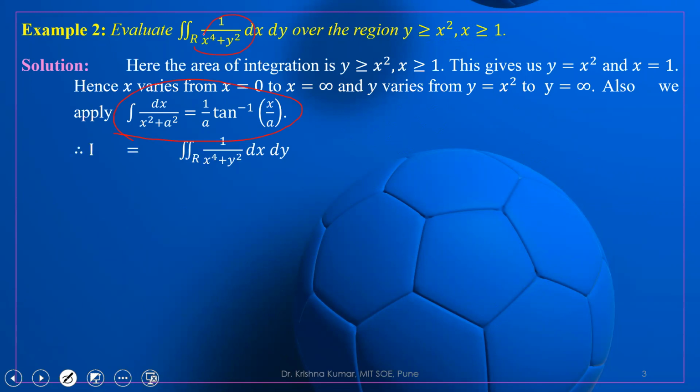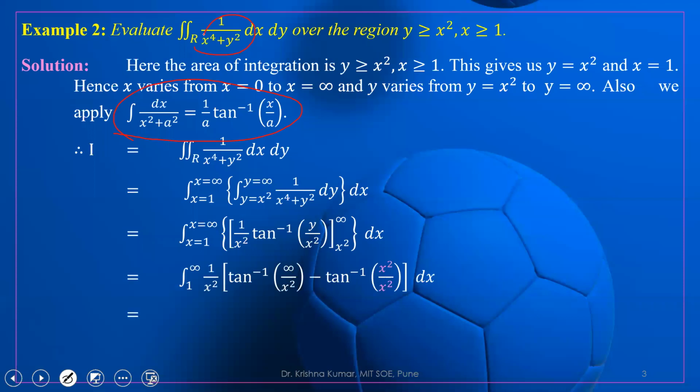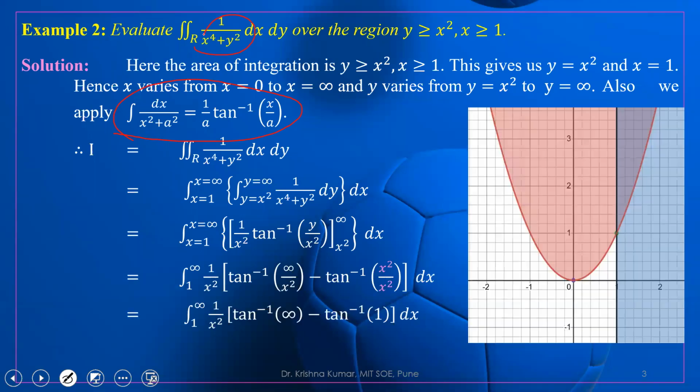Okay, so I think let us first draw the region of integration, then it will be clear. Let us first draw it. Just look here, this is the line x is equal to 1, this is the parabola y is equal to x square. So if you put x is equal to 1 over here, what is the value of y? It is 1. So this is the point (1, 1). Okay. The limit of x is what? This is the x axis and this is the y axis.